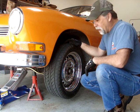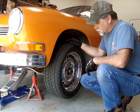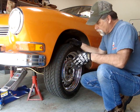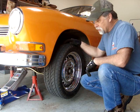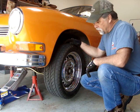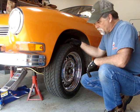That was at 45 miles an hour, and I'm getting on the throttle, which helps level it out a little bit, but I also was pulling it a little bit too to make it lean a little bit more. So,